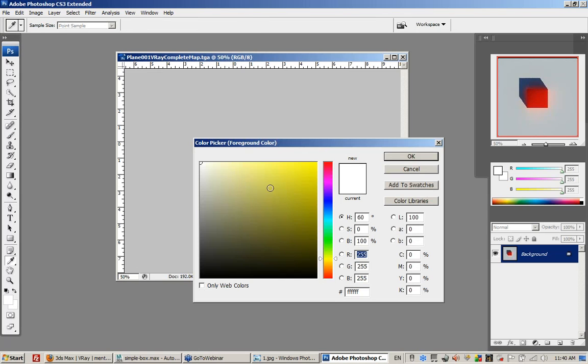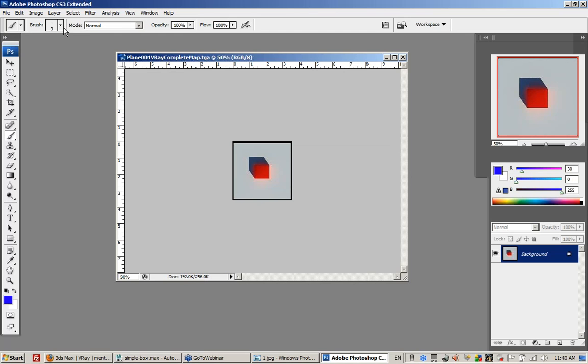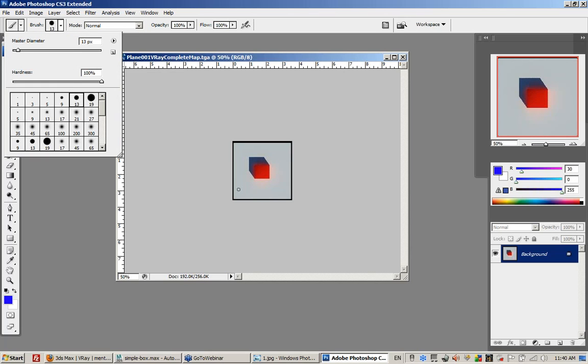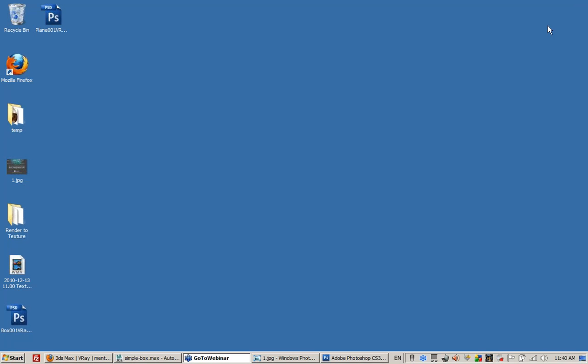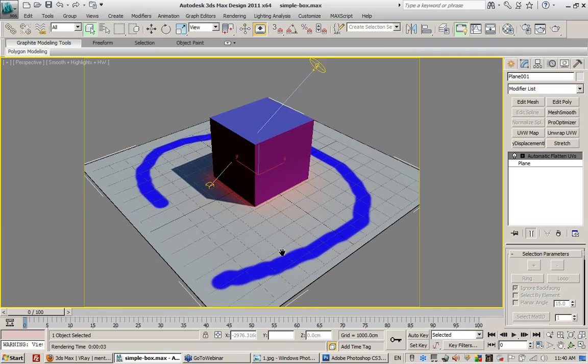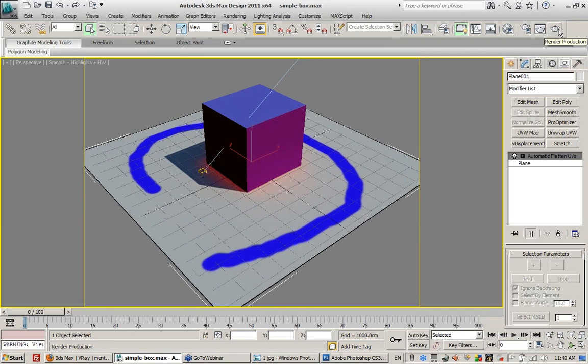Let's use a bright blue color. Change my paintbrush to something bigger. If I were to just draw a blue line around this box and save this, go back into Max, I see that blue show up inside my viewport. And this is the essence, or this is the whole foundation behind, what's the term I'm looking for? Material